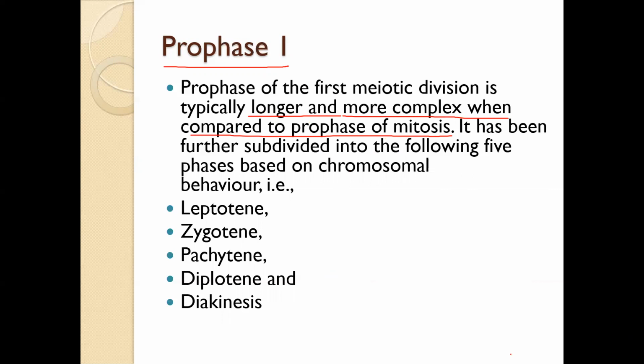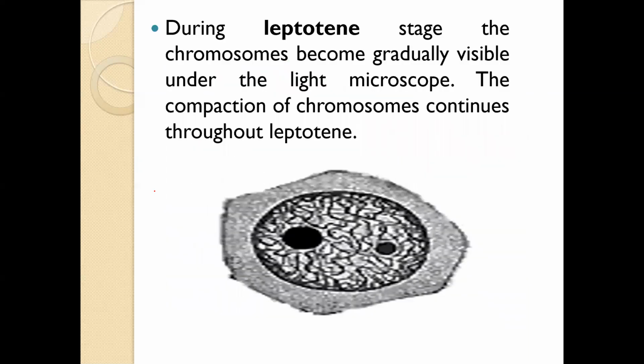So prophase 1 has been subdivided into 5 different phases based on the arrangement and separation of the chromosomes. These 5 different phases are leptotene, zygotene, pachytene, diplotene, and diakinesis. We will discuss each and every phase, but these are the 5 different phases that we need to remember. So now let's see